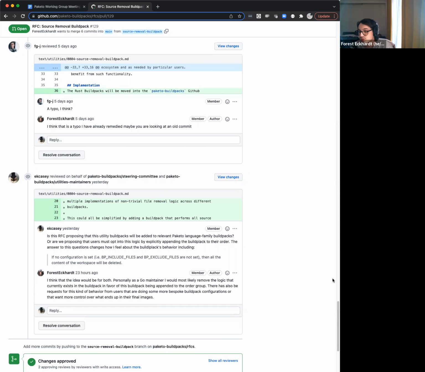We absolutely could put it in the meta build pack there as well. I think I didn't want to mandate this as, oh, this is a utility that every build pack should add, because I think that some meta build pack families are just not going to get the same utility out of this as others. Like, I wouldn't put this in a non-compiled language family build pack, because that just seems like it's going to do more harm than good at the end of the day.